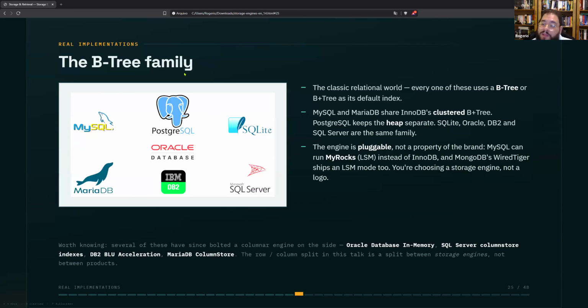On the other side, the B-tree family is the most familiar databases we know because they are all relational. Almost every database that is transactional uses some implementation based on B-trees. So in the classic relational world, every one of these uses a B-tree or a B+tree, that we'll talk about later.